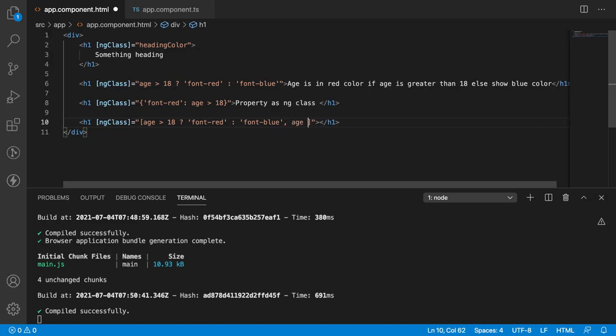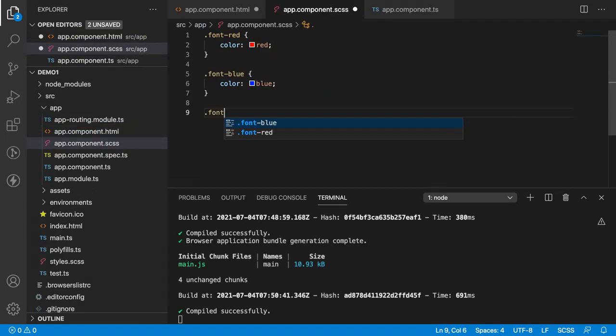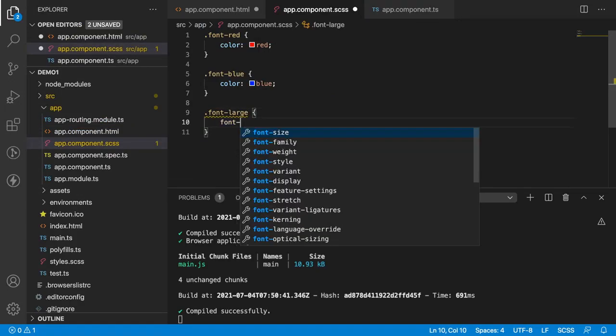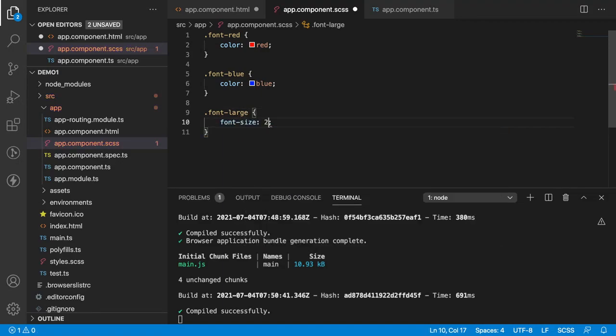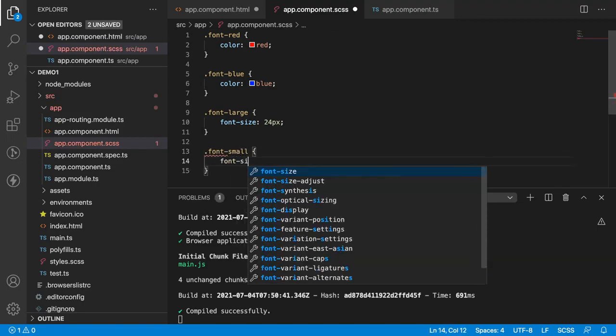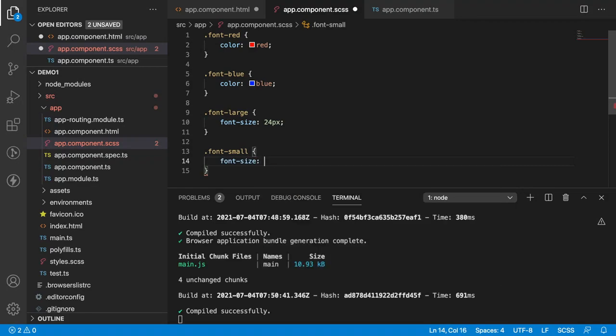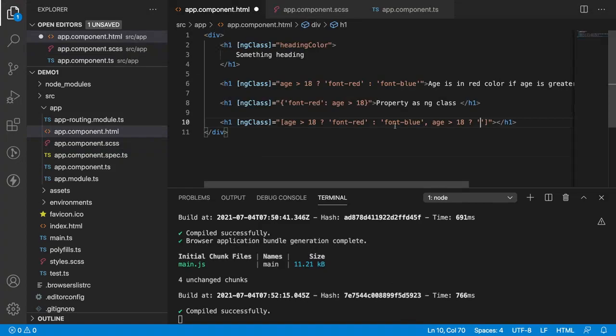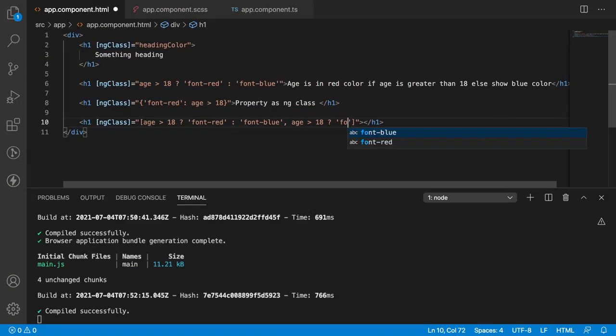Age is greater than 18, then let me write two more classes, .font-large, let me use font-size as 24px, and let me create one more, font-small, font-size as 14px. Save this and let me use these classes now. Whenever my age is greater than 18, I want to use font-large.